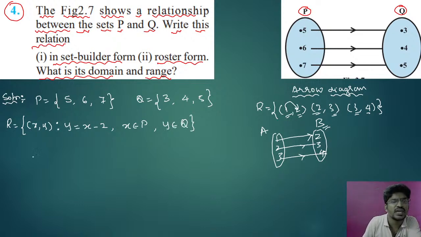Clear? So now you can just see, this will be in the roster form, because see here, if I write R, y is equal to x minus 2,